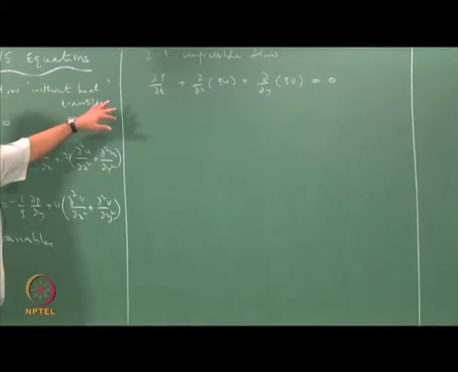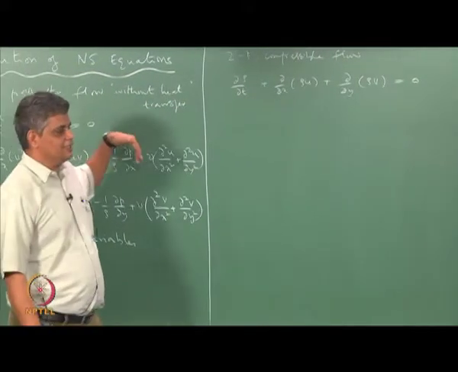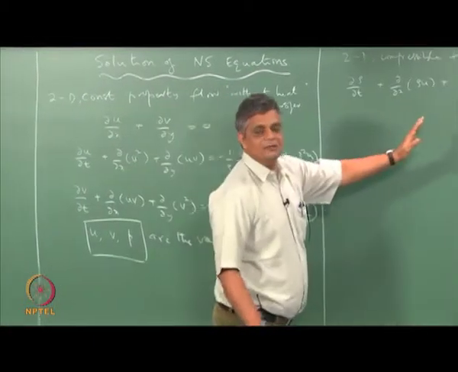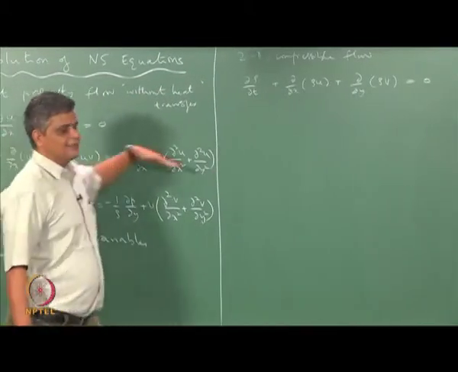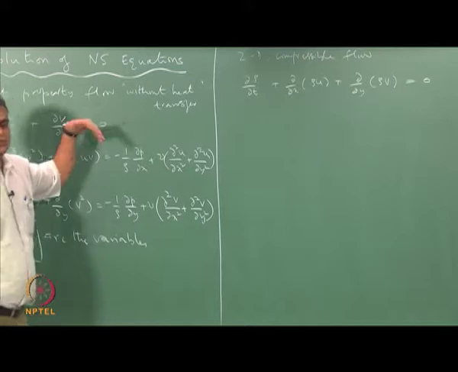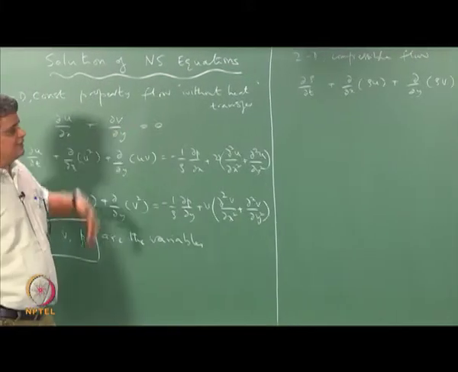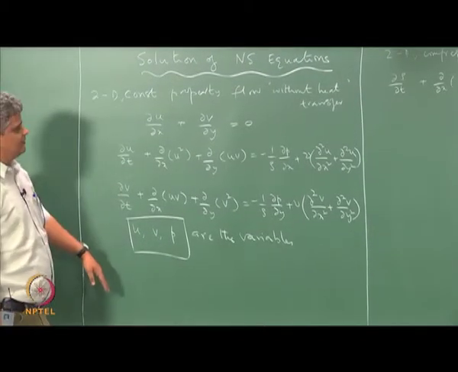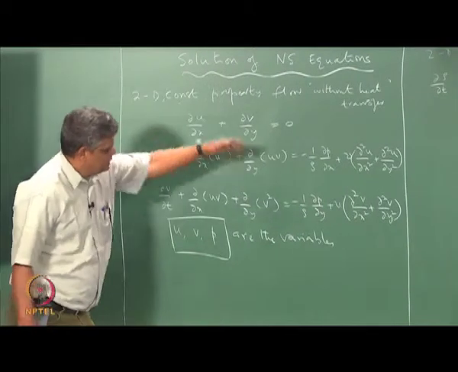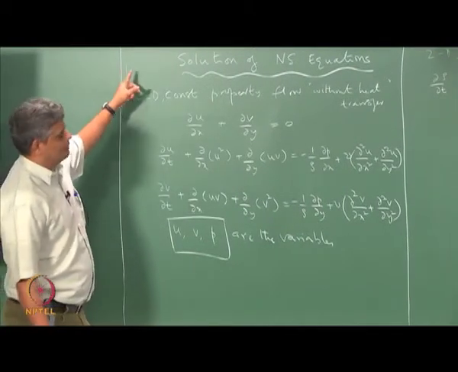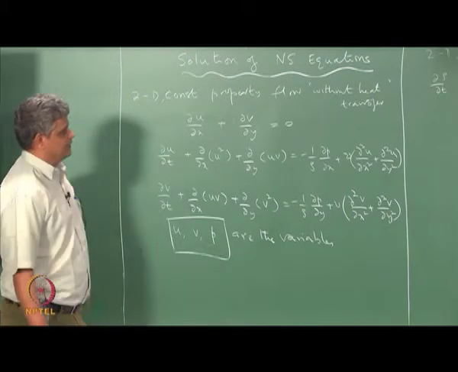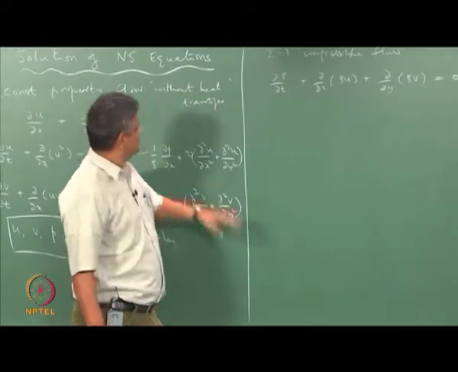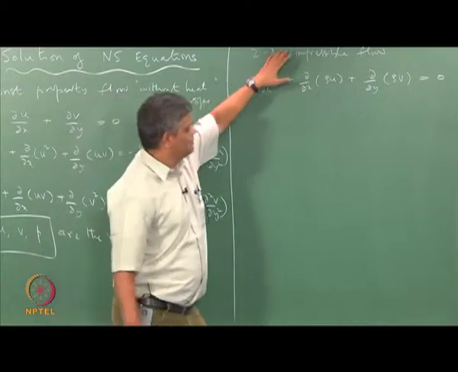This is still 2D. By 2D we mean that there is no variation in the z direction. So, let us say that this board here represents the z direction, and z is increasing in this direction. What we mean by a 2D flow in which nothing is happening in the z direction is that if you take, for example, a velocity profile here, then you have a certain variation, maybe like this, and you take the temperature profile, it may be varying like this, and if you go to some other z and plot the velocity profile, it is exactly like this, and the temperature profile is like this.